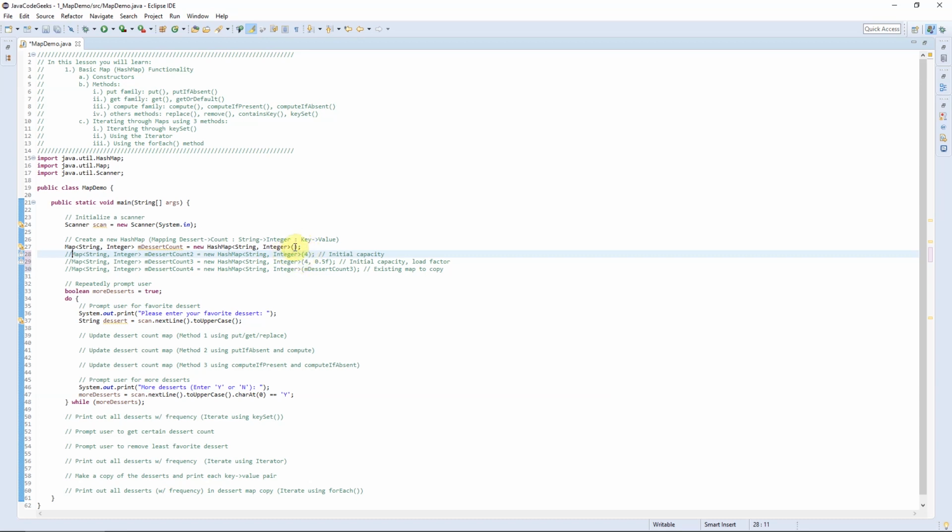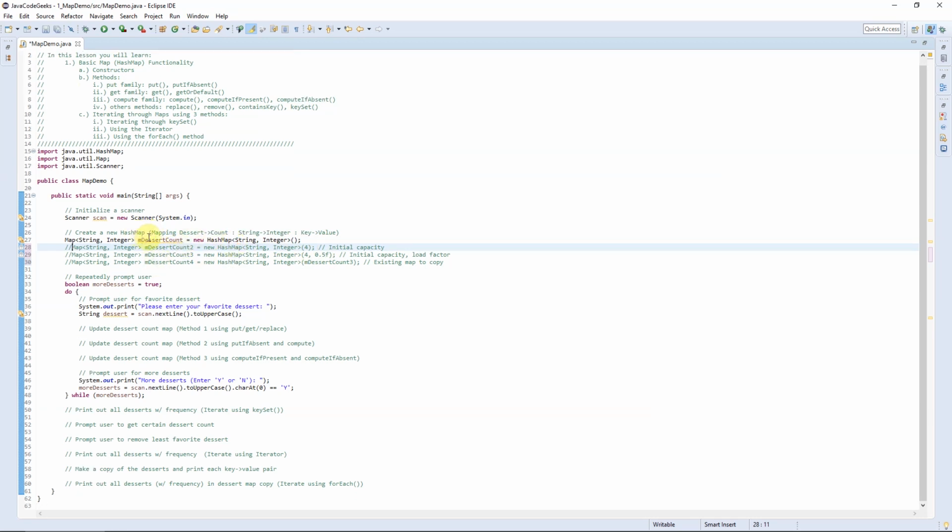But for all practical purposes, I've never written code in 15 or 20 years that I really felt like I needed to pass in an initial capacity or load factor. Java does a really good job at handling this underneath the surface. So for that reason, we are just going to use this basic constructor, the default constructor, which takes in no parameters. Okay, so I have my map now, and what I want to do is down here I want to